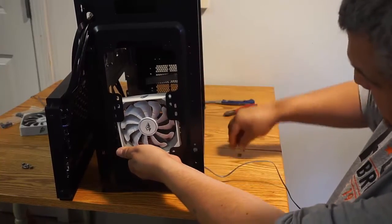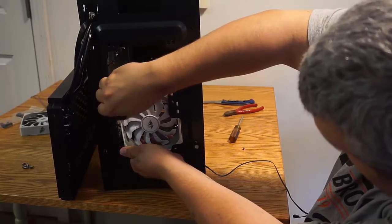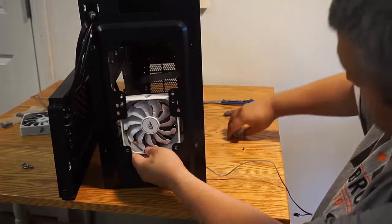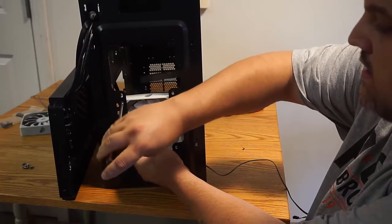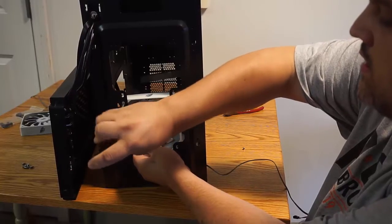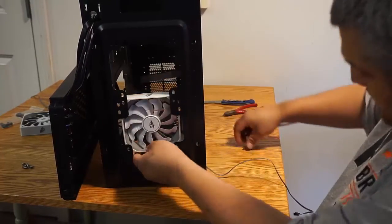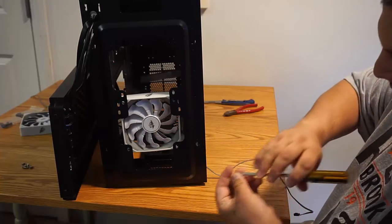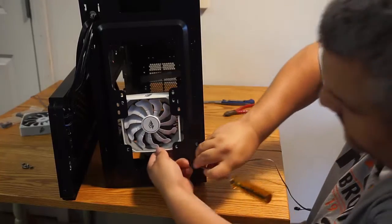Pretty much we're just going to set it right here. We're going to grab this screw, and we're going to hope that I can do this opposite handed. There's one. Well, I'll do 1 and 1, and then I won't bore you with each screw, but as you can see,